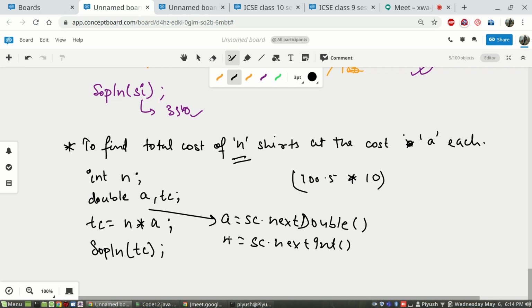You can take this before this, that won't matter. So in a you require one double value, in n you require one integer value. Of course we should have written this. Without that, the program won't work. Now, is this correct?